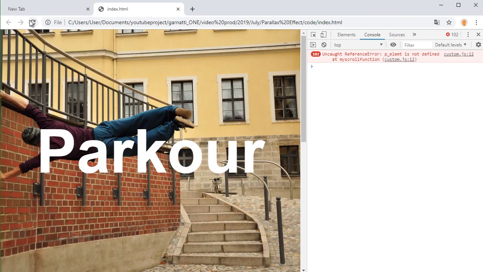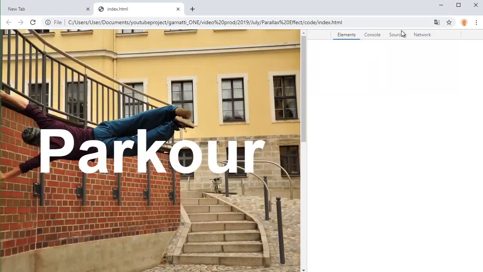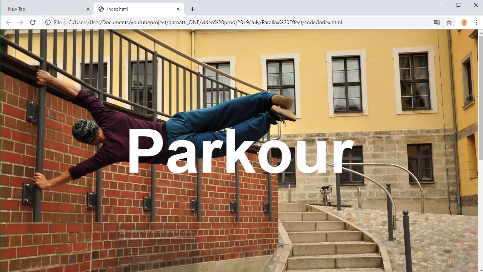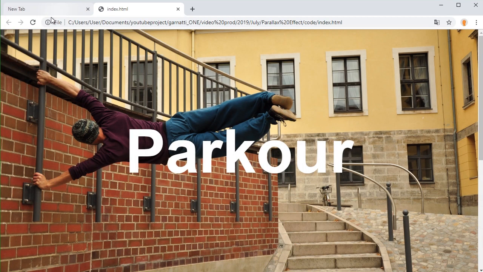Save it again, refresh. It's still not working, the scroll. Maybe I have a spelling mistake. Yeah. So that's it. When you save it,